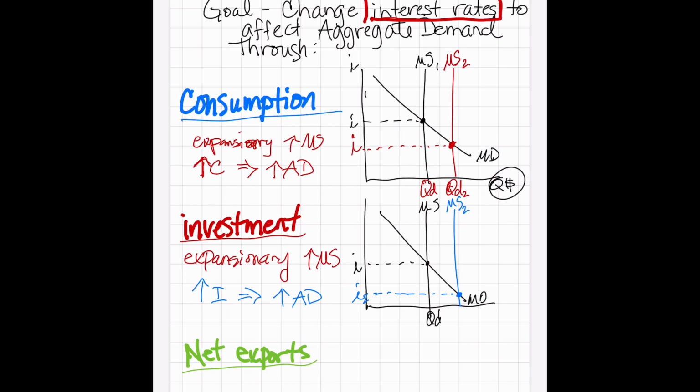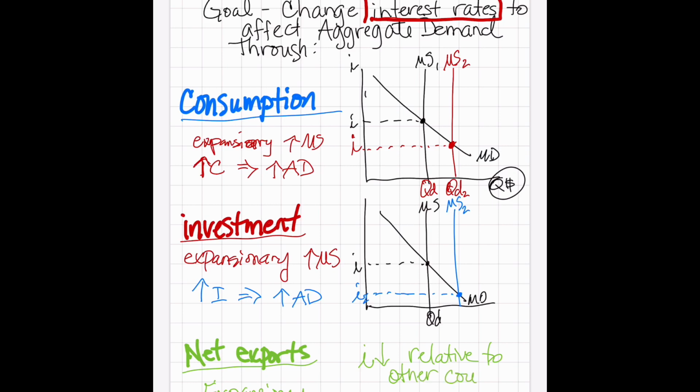So here's what they do. They increase the money supply. So just like we saw before, this is expansionary. So they would increase the money supply to lower the interest rate. And if the interest rate is lower relative to other countries, and this is the key here,